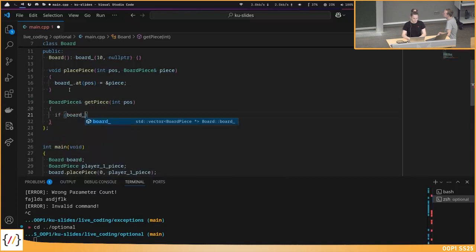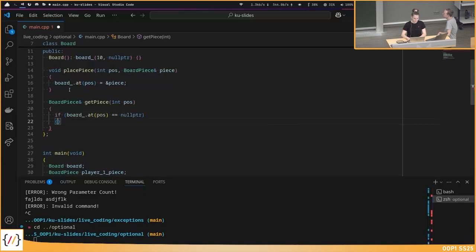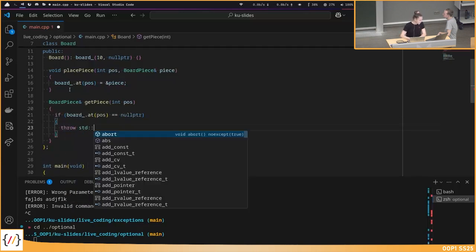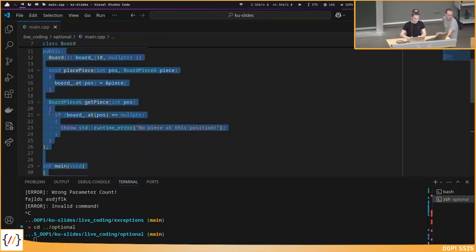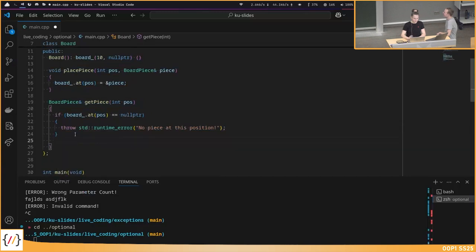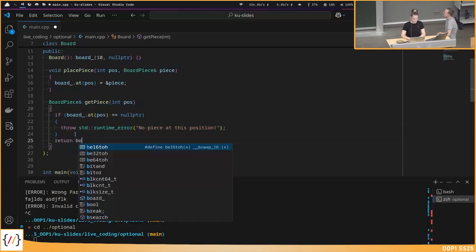If the board at this position is the null pointer, then I want to throw some exception, and I'll just throw a runtime error. So this is a built-in exception. So yeah, you should then create your own exception, but we will not do this now due to time. Yeah, something like this. But if it exists, then I want to return it.